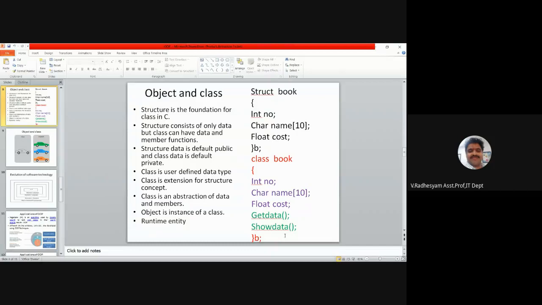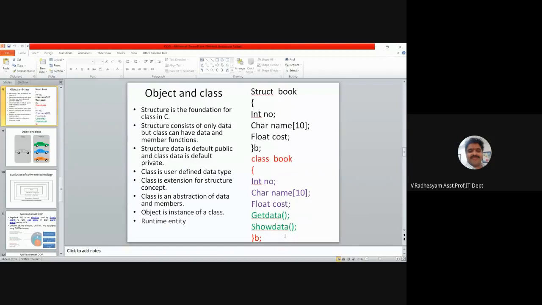Inside a structure there is data, which can be accessed using a structure variable. Inside a class there are data and functions, both of which can be accessed using an object.